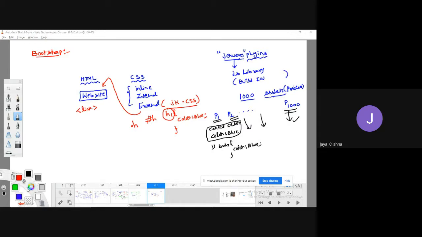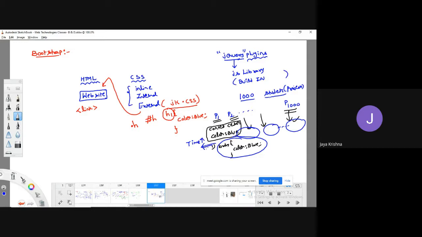But the same code is being written by how many students? 1,000 students. So what will happen? You can compare this example with jQuery plugins. Every student will take their own time, the time taken to develop each individual project will increase, and the storage capacity of each individual project will also increase.